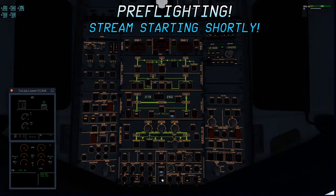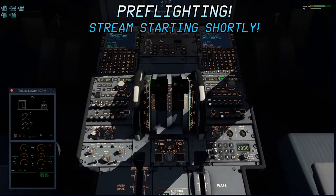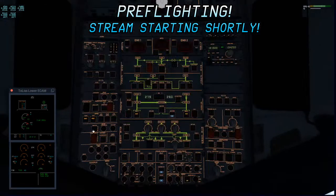Alright, here we go. So start. All white lights off. Cockpit voice recorder test. Set this to transmit and receive on VHF2 as well as VHF1 receive. Int. Loudspeakers minimum. Graphic push button on. CVR test. Stop model, ToLiss, IR1, IR2, IR3 nav, strobe lights on, nav lights on, signs on, cabin pressure auto,